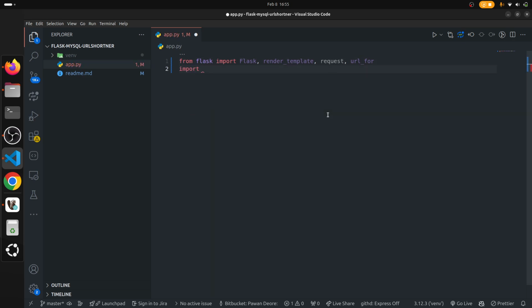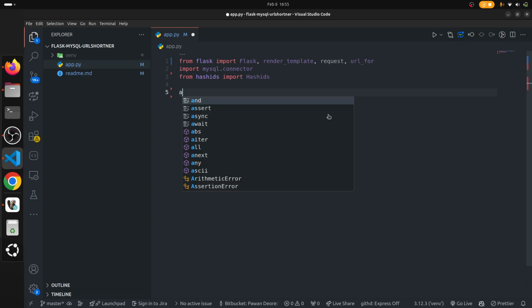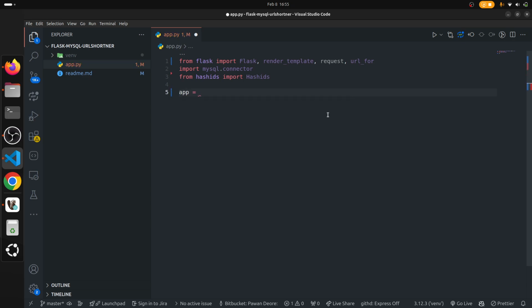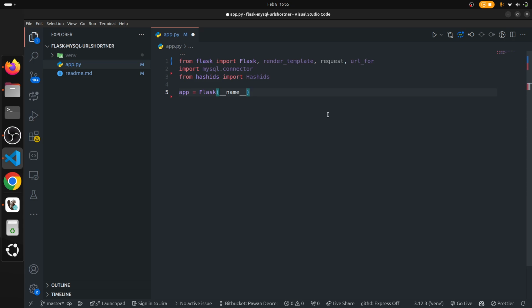Then we need to import mysql.connector. Then from hashids we need to import Hashids. Yeah, so first we will create a Flask app instance. So Flask, and then underscore name underscore. Okay,